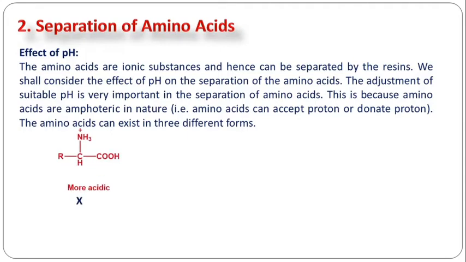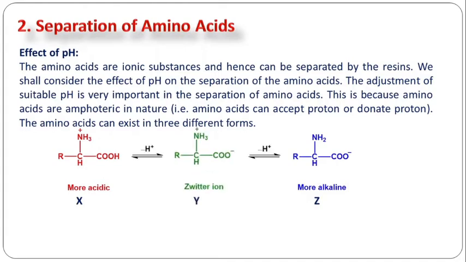First, in acidic conditions, when the H plus concentration is high, what will happen? The basic functional group, that is the amine functional group, will get protonated, and this has a positive charge. So pH will be less. This is another form, the alkaline form. If pH is high, then the acidic H of the carboxylic acid will get abstracted by the alkali solution and it has a minus charge.